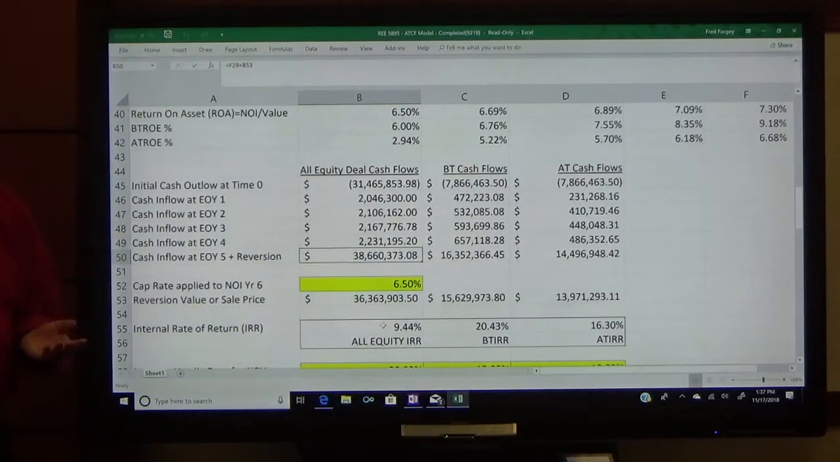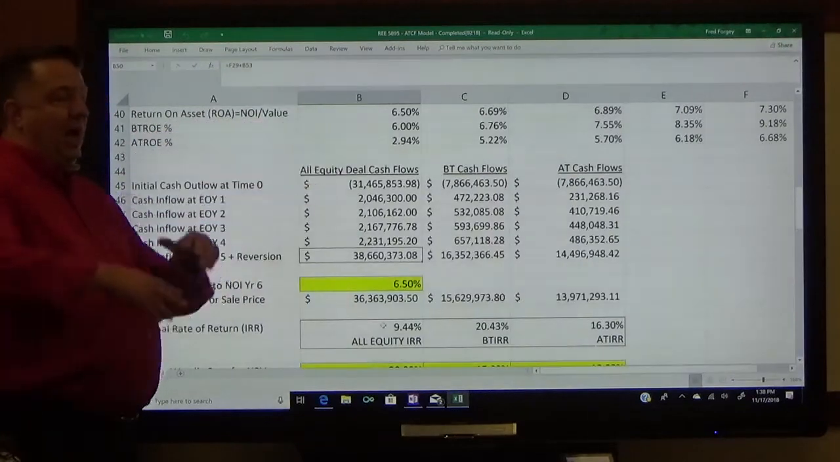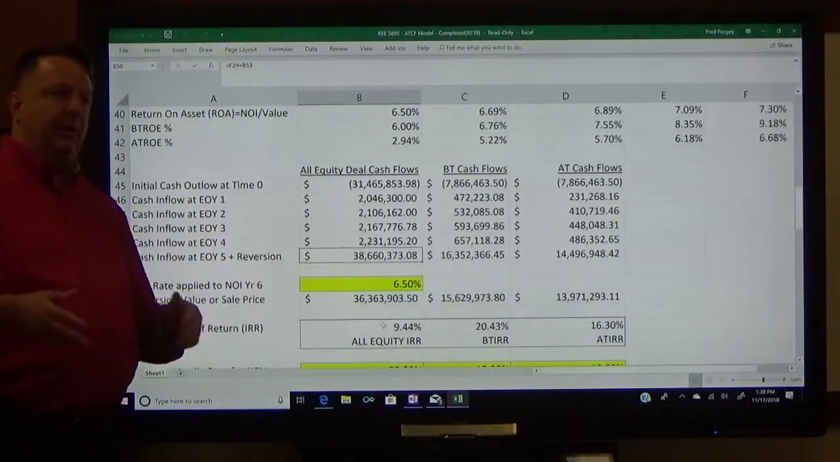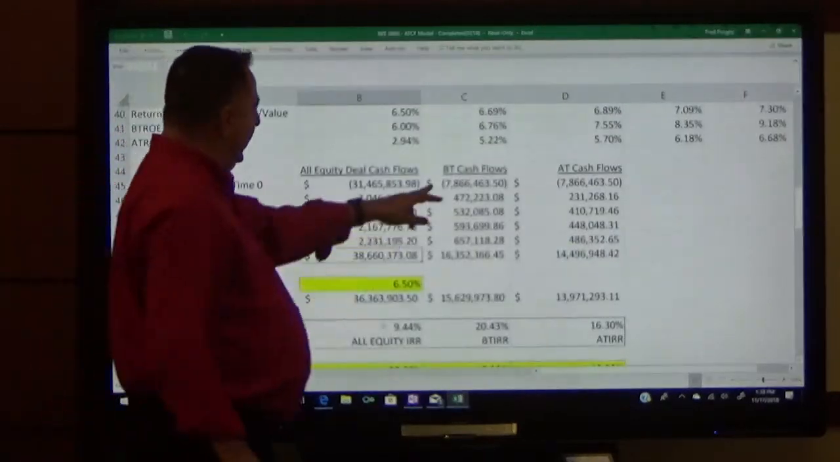Okay? Does that make sense? Okay? Now, the deal that's actually here is obviously not an all equity deal. It is a blend of equity and debt. And so,